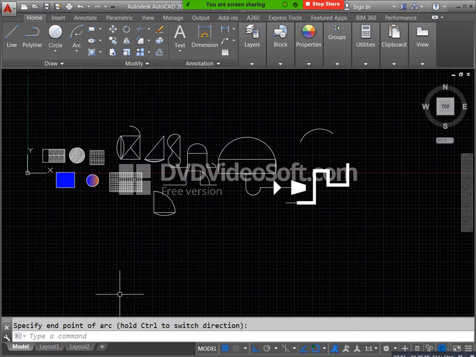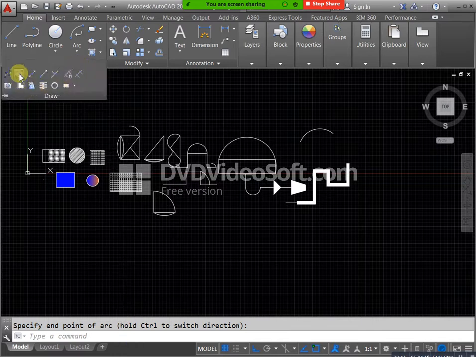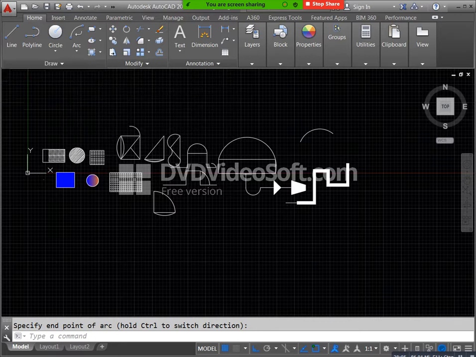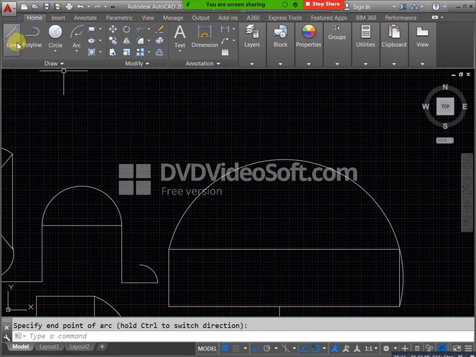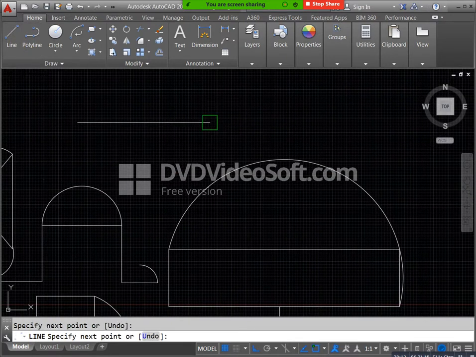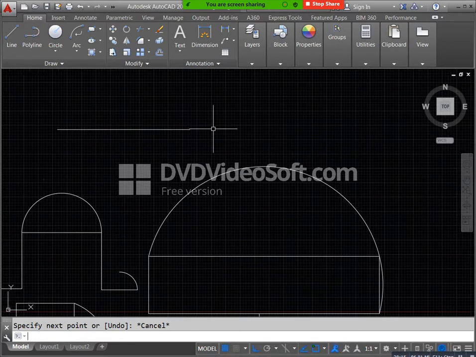Okay, in that condition, you can select your object. Already I mentioned divide, you can select your object. After selection, you can mention how many division portions you need. Just you need 4 portions or 5 portions. I need only 4 portions. Directly you can mention 4. Okay, then you will get it, but it is not visible now. Yes or no? Our dividing portion is not visible. How can we identify that?